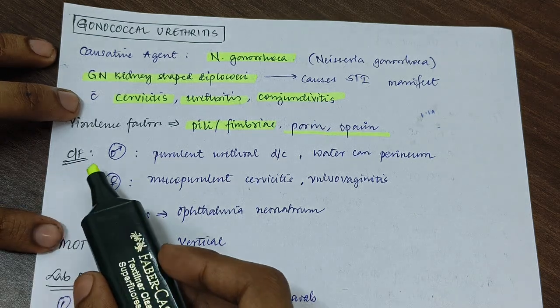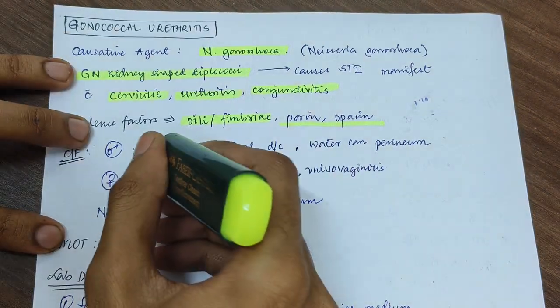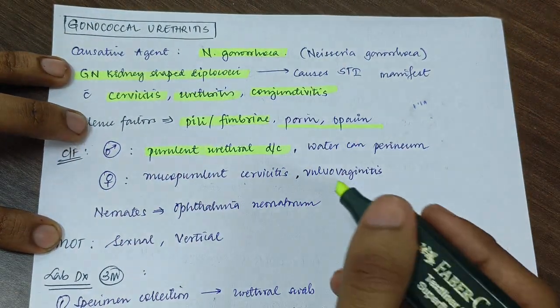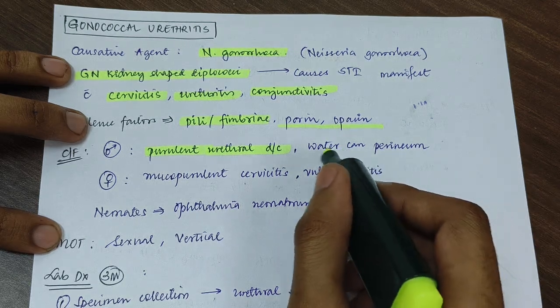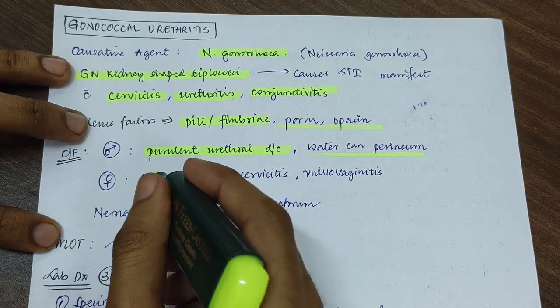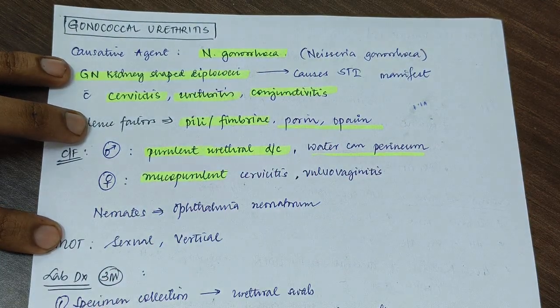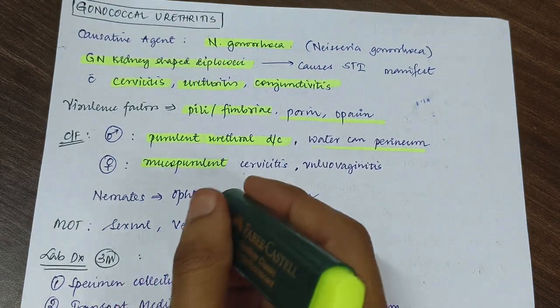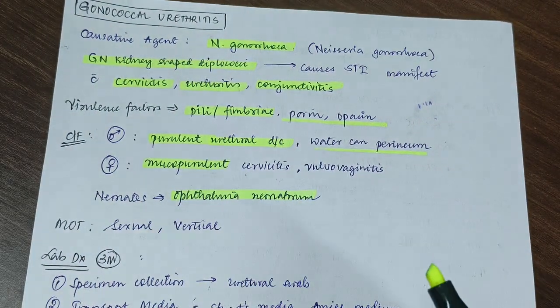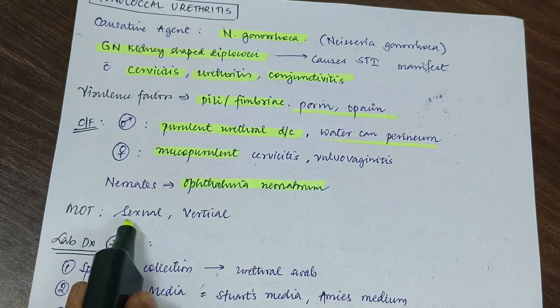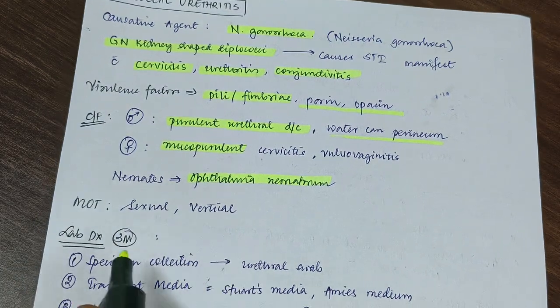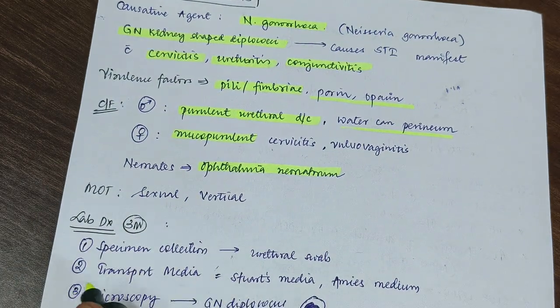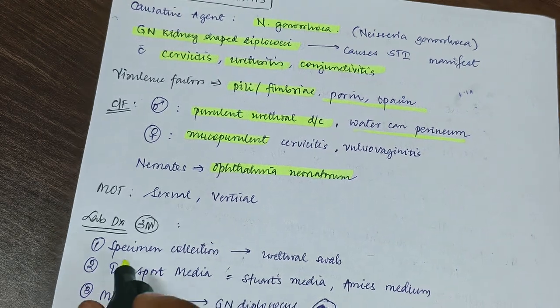Clinical features: in case of males, it is purulent urethral discharge and watering can perineum, whereas in case of females, you are going to say mucopurulent cervicitis and vulvovaginitis. In neonates, it is ophthalmia neonatorum. Mode of transmission is sexual and vertical from mother to baby. Lab diagnosis is the three markers again. Here you are going to give